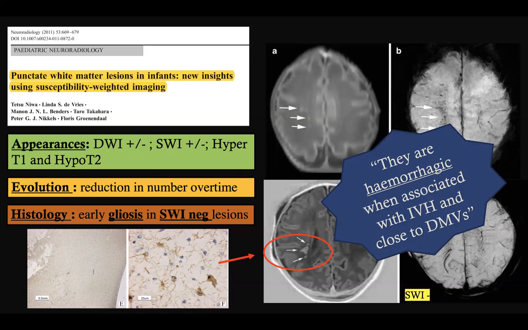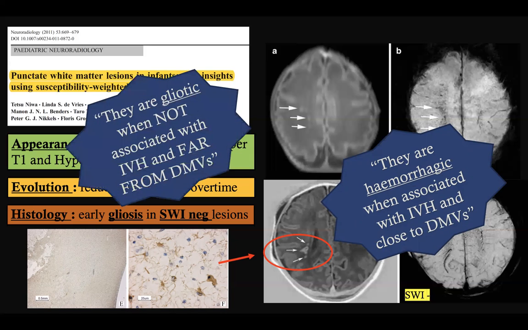So in other words, the ones associated with deep medullary vein engorgement or thrombosis are often hemorrhagic. But we also have, sometimes in combination, sometimes in isolation, non-hemorrhagic lesions, and these are gliotic lesions not associated with deep medullary vein. So there are two different kinds of punctate white matter lesion, potentially with two different mechanisms and risk factors involved, but they can be found in the same patient as shown in this